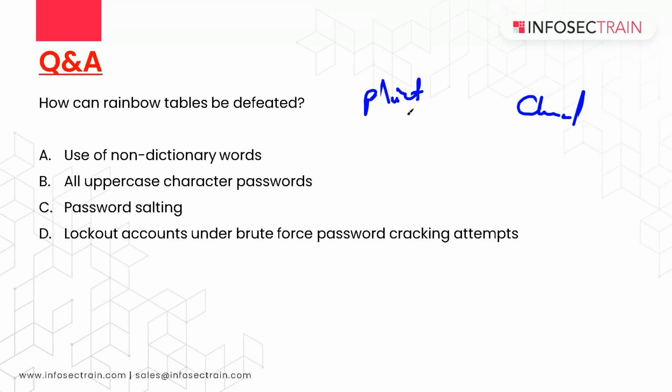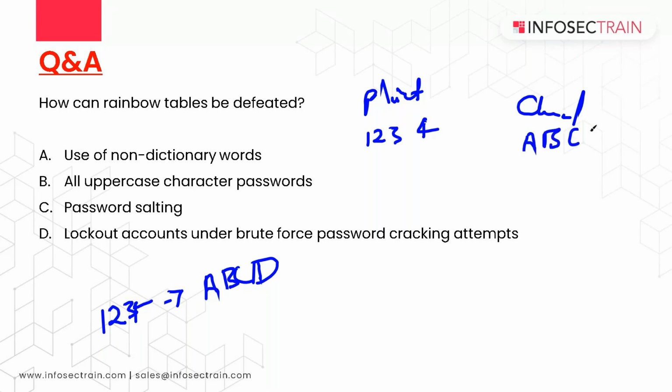Like let's say we have 1, 2, 3, 4, and this 1, 2, 3, 4 creates a hash like A, B, C, D, right? So inside our rainbow table, we will have this 1, 2, 3, 4, and we will have the hash for it, ABCD,